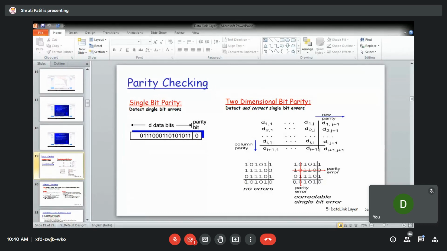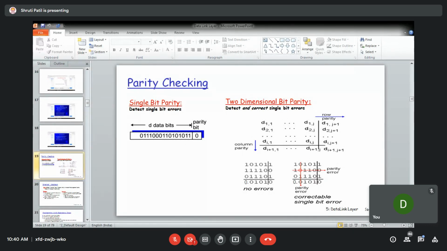So this is like the game of cards where you ask which one in this row, which one in this column, and then you identify the position. Here you identify the position like the error lies in this row and the error lies in this column. So it has to be this particular bit which is received as 0, but it should actually be 1.